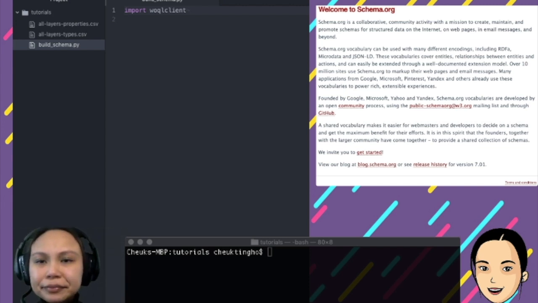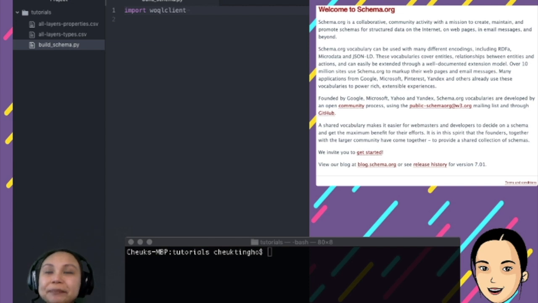But I only need the Waco client that talks to the database, and also the Waco query, which lets me build the Waco query. There's also the Waco data frame that you can output the query as a data frame. I'm not using it at the moment, so I just want to import those two that I need.